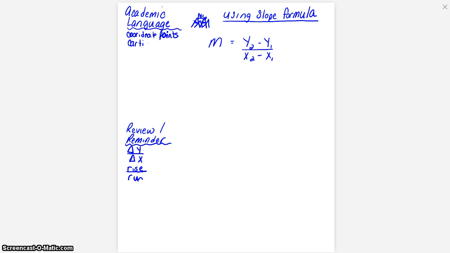I might spell this wrong. I apologize in advance. Coordinate system. There's an x and a y, so you can plot it, right? So let's do an example, and let's do, if I'm given the point 3, 7, and I'm also given the point 5, 4, let's see if we can use those in our slope formula. Let's see if we can substitute those numbers in